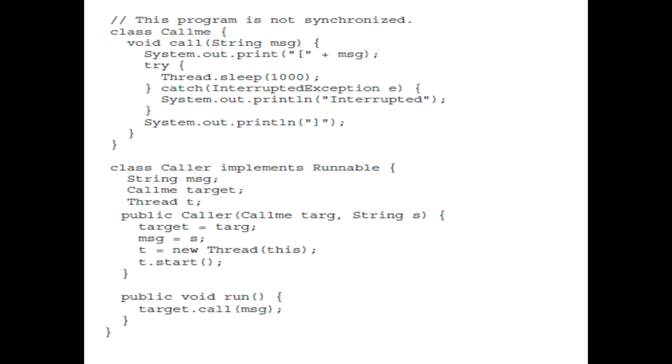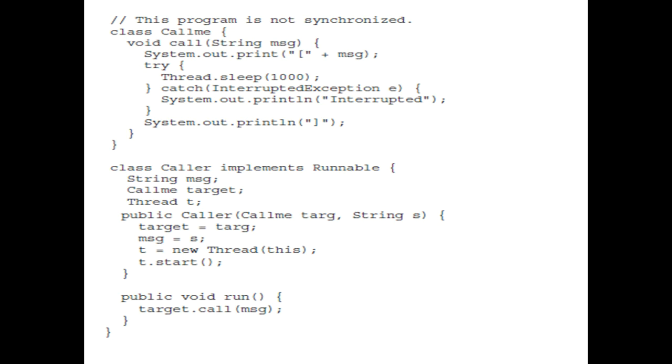So here is an example. First, we'll see what happens in the program if we do not use a synchronized method. And then we'll see what output we get if we use the synchronized keyword. So here we have three classes.